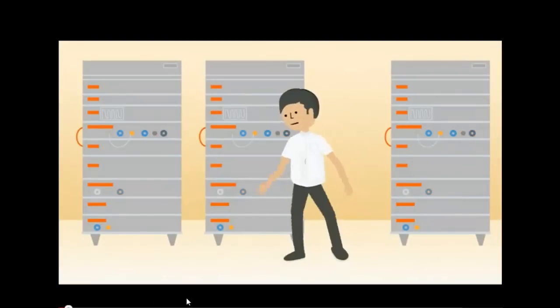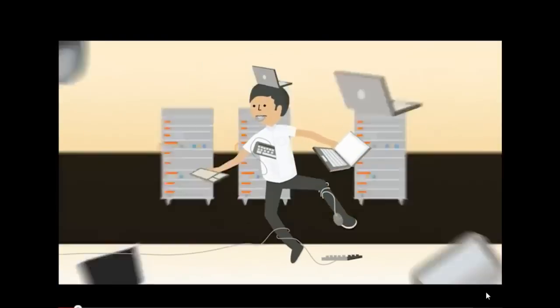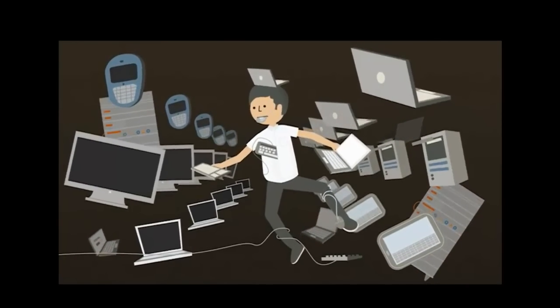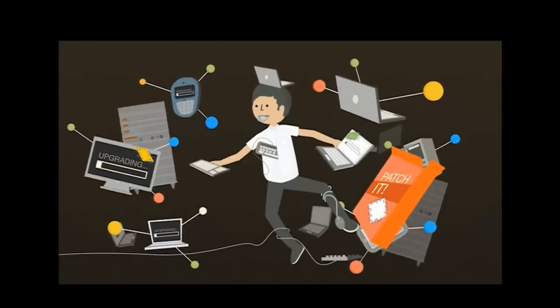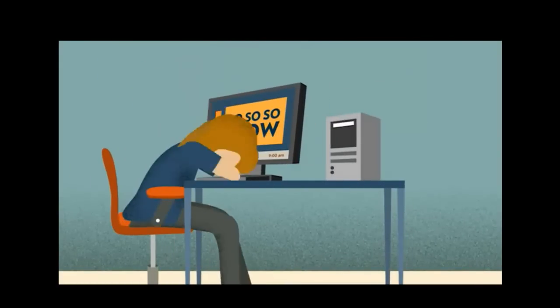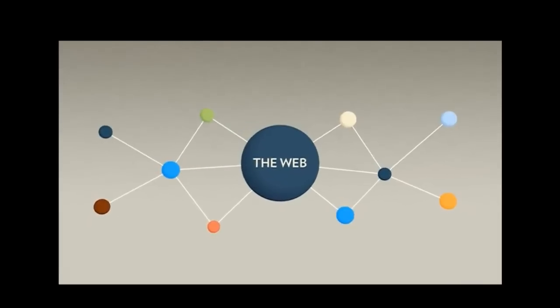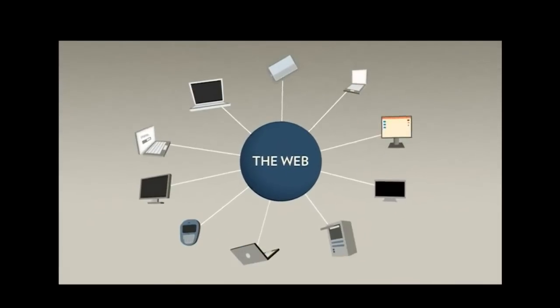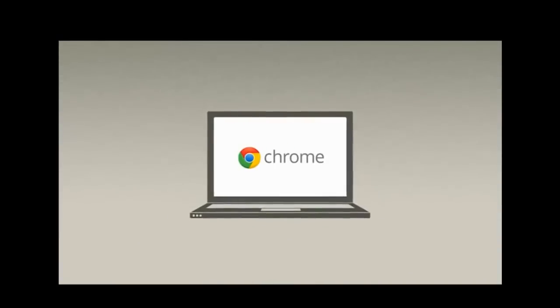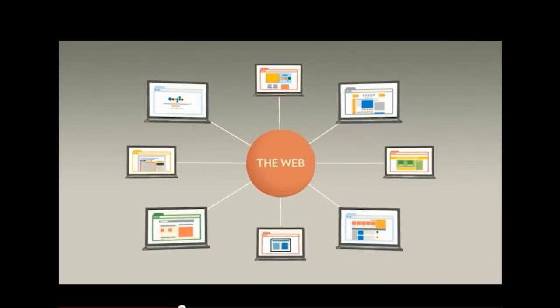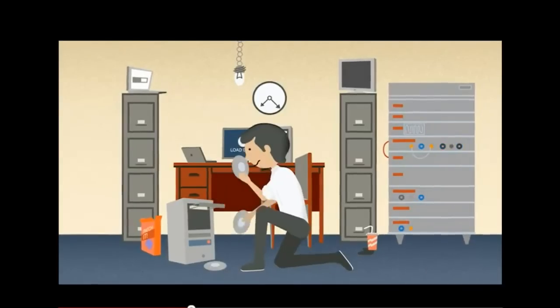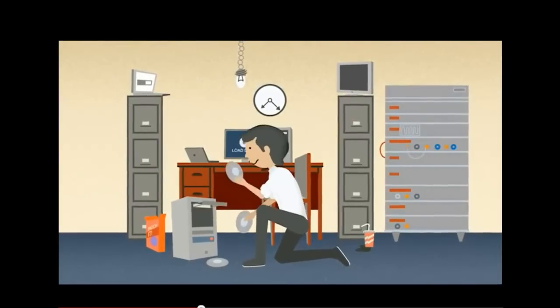Life has become pretty complicated for IT managers and employees. Everybody juggles a fleet of different devices and operating systems, all running their own local applications and requiring endless cycles of patches and upgrades. All this complexity adds up to constant maintenance, less security, much higher costs, and headaches for users. Google realized that a better solution would be to make the web the platform for all these applications, so that they would simply work on any device running a browser. So we created Chromebooks, running the first operating system built and optimized for the web. Chromebooks securely access all of their data and apps on the web, which means manually configuring, updating, patching, migrating data,